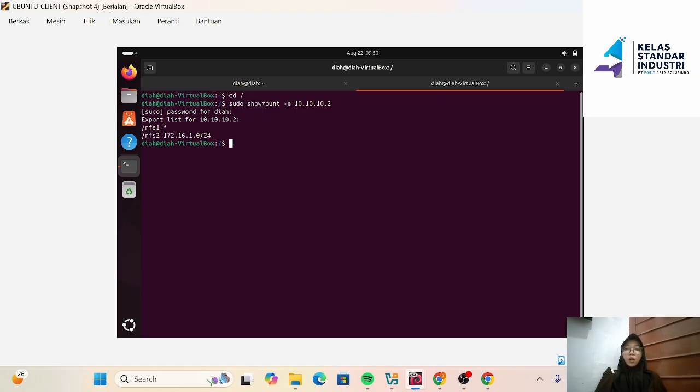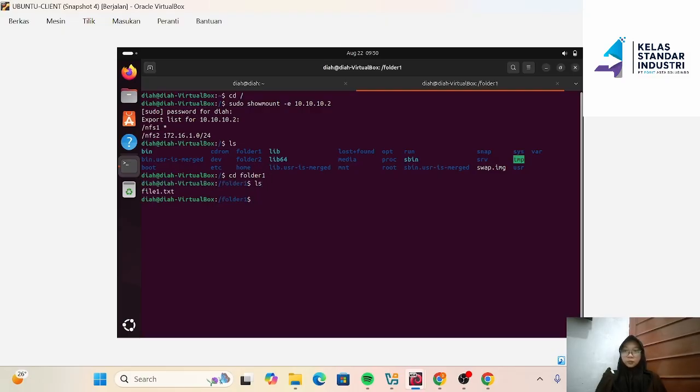Checking the mounts directly confirms the configuration. ls, enter. cd folder1, ls. The files in folder 1 remain mounted. Now check folder 2, cd /folder2, enter, and ls. Okay, the content appears properly, confirming that the NFS sharing configuration is now permanent.